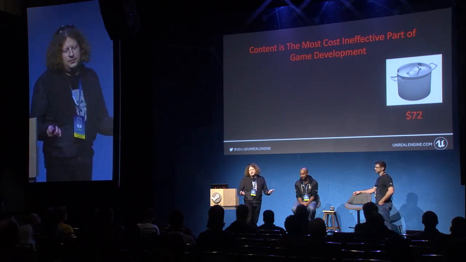And we always say justify your rate. I can buy real pots for cheaper than this. And if you look in the asset stores, even if my guess is off by a factor of 2, if people are like, I can make that pot in an hour, come on. Okay, so it's a $36 pot. I can go get an entire kitchen set in the marketplace for $36. It's a bad investment of our time and our money to make that pot. And besides, what artists like making pots? They want to make the hero characters, right, or the cool vehicles.